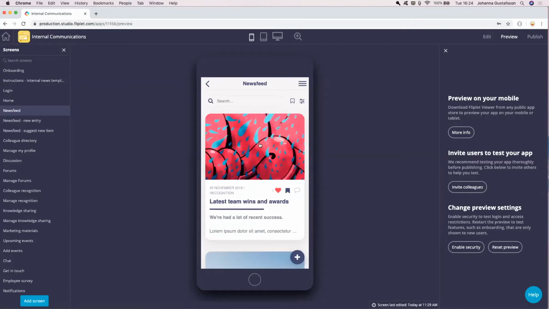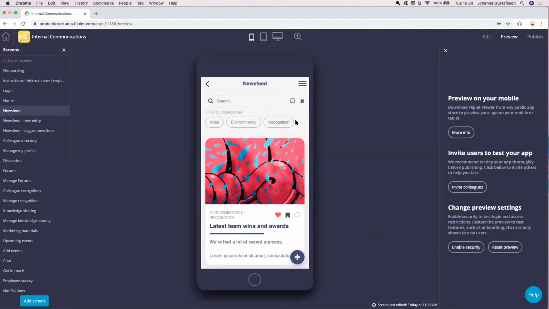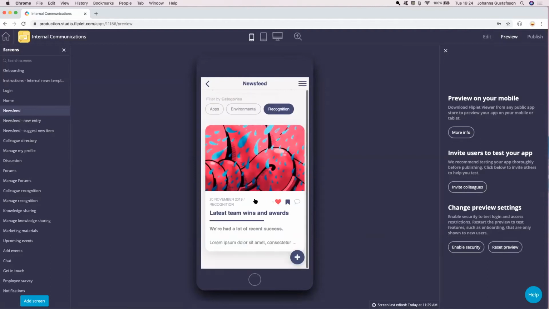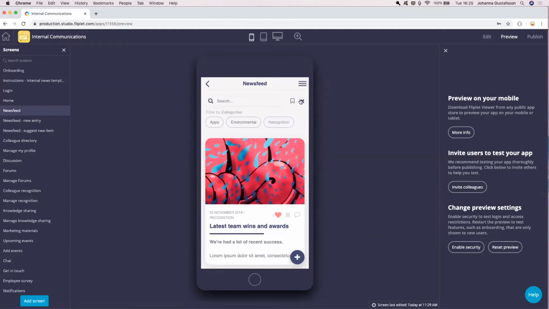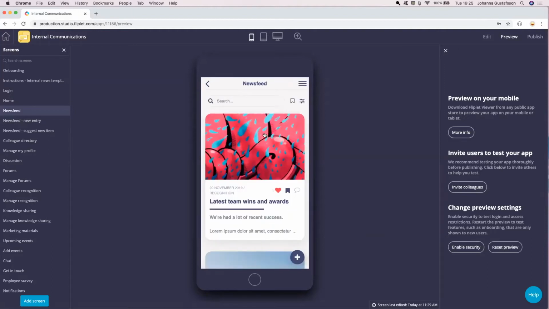The way that this newsfeed works is it's also searchable, so I can search on any of the text. I can filter on the various categories that I have, and it will automatically filter down and narrow down my list. Now this newsfeed is set up so that those that are admins of the app